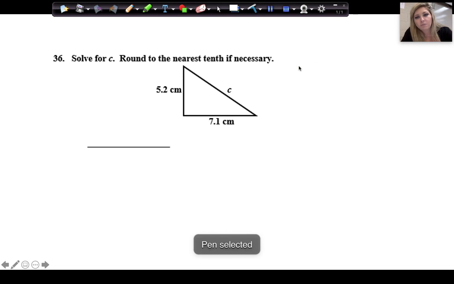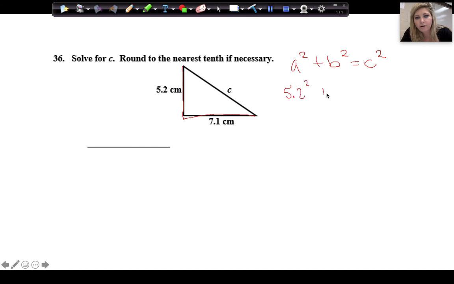Okay, here a squared plus b squared equals c squared. Okay, remember our a and our b are not the slanted side, they're the right angle. Okay, so we have 5 and 2/10 squared plus 7 and 1/10 squared equals c squared. Okay, so we have 5.2 times 5.2. So we have 27 and 4/100 plus